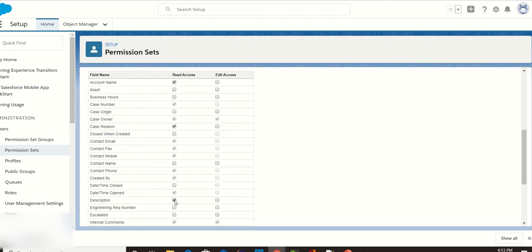We need to enable read access for account name, case reason and description, and save it.